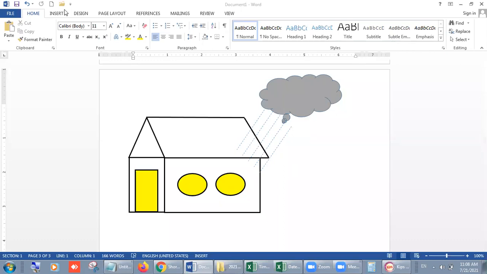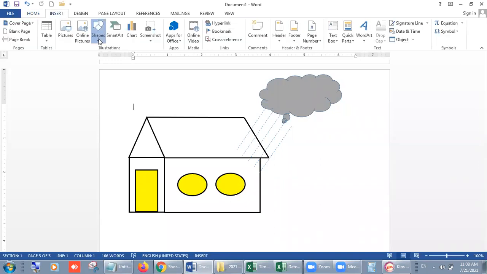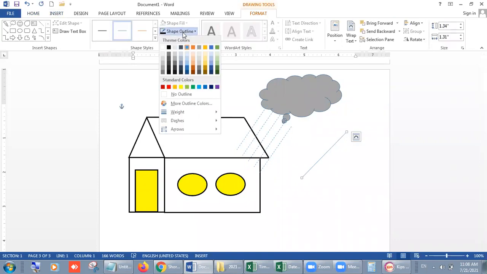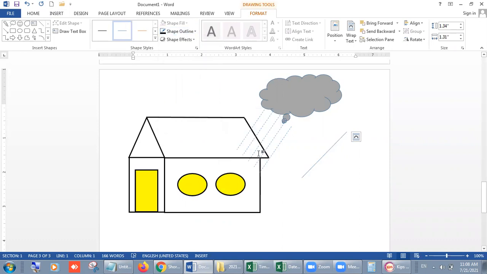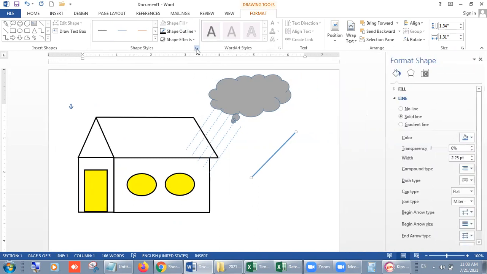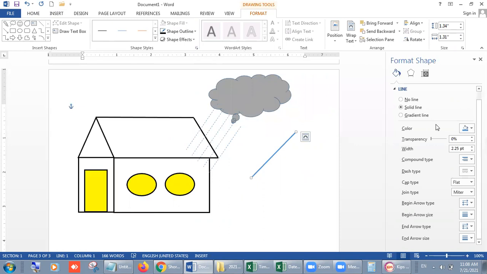Look students, I take only one line from insert, one line, and draw it like this, and we can make the size big also, and go in the format shape. From there you can change dash type.